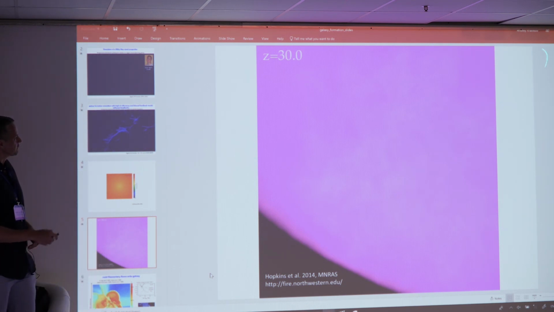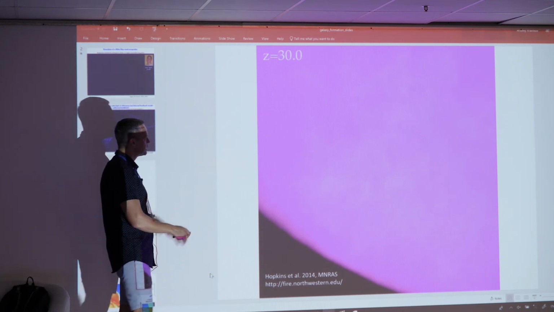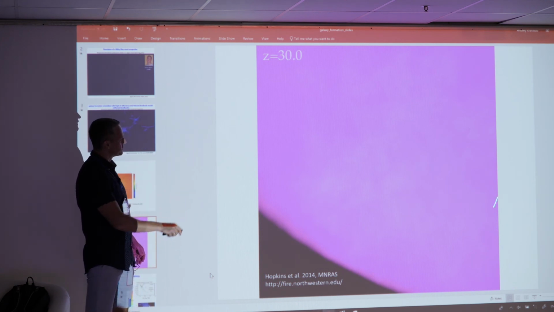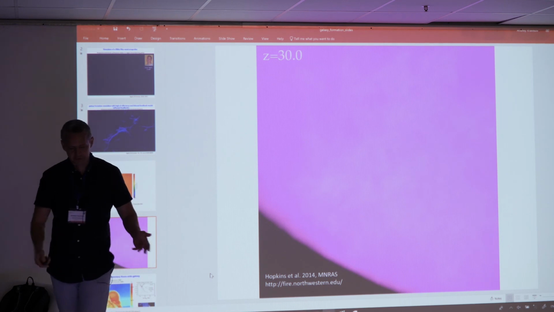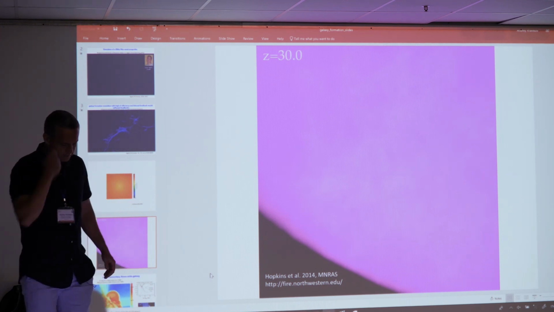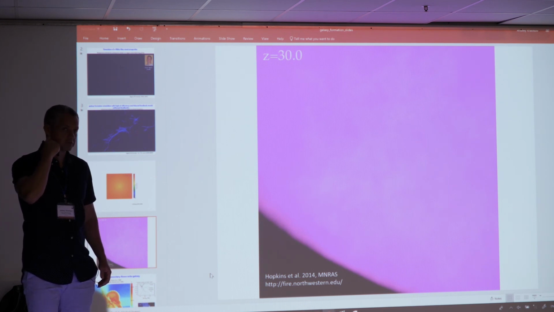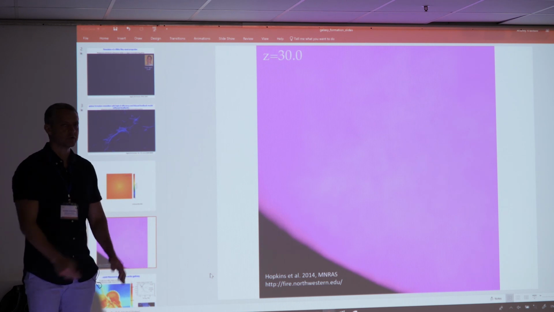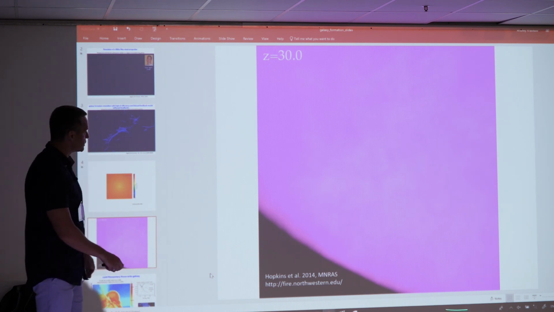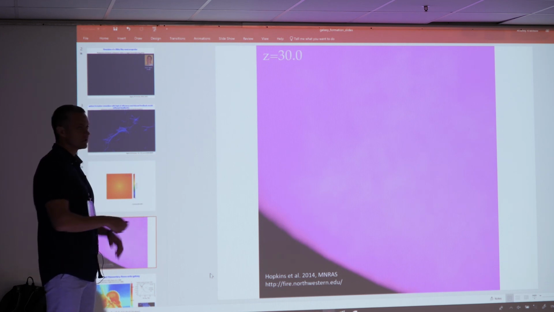This will show you the gas density, and actually there's a complicated color scheme here that encodes metallicity, density, and various other things. And you'll see that there will be a region here that seems to have an edge. This is not because gas has an edge in the universe, it's because this is a so-called zoom-in simulation that Daniel told you about. These simulations are focusing all of the mass resolution in the gas in a particular region, and what you see here is the boundary of that region,